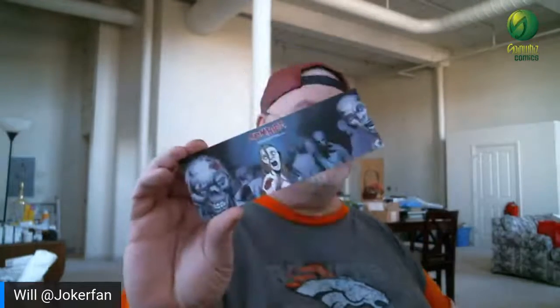The zombie bookmark. I always like bookmarks because I read actual books. I read like one or two chapters of actual books, and then we'll find that book about 10 years later and be like, oh yeah, and I'll flip through a couple pages and I'll remember reading the book. And of course, the